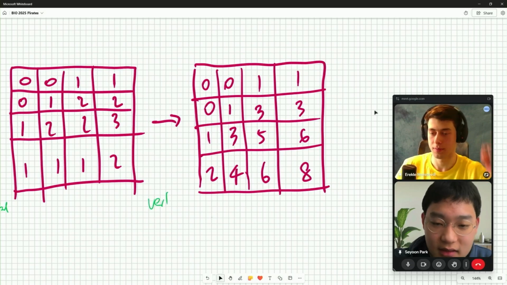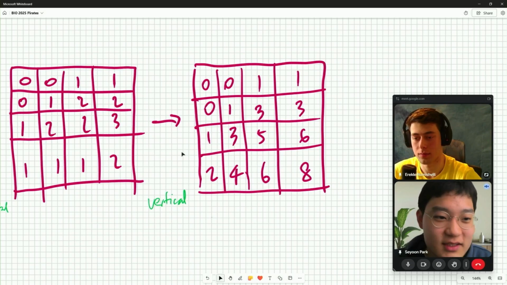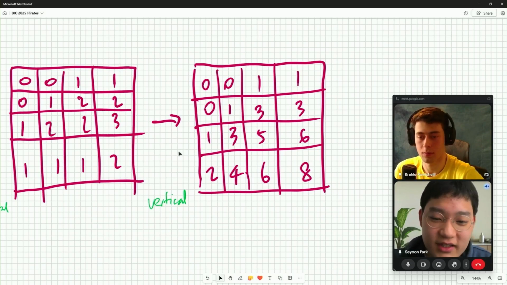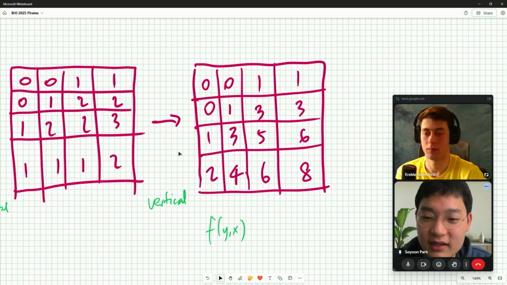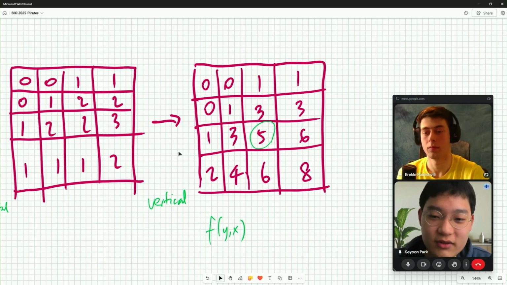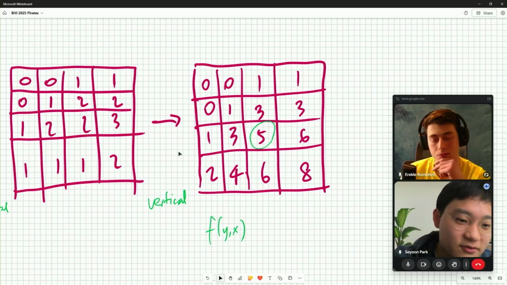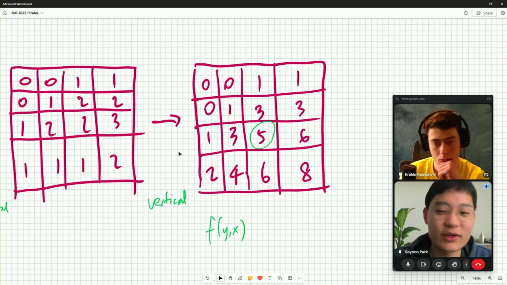Cool. And as some of you might have noticed, this gives you that function f of y, x. If you look at this square, which has 5, that says in the original grid, this region has a sum of 5, because it has 1, 2, 3, 4, 5 ones.